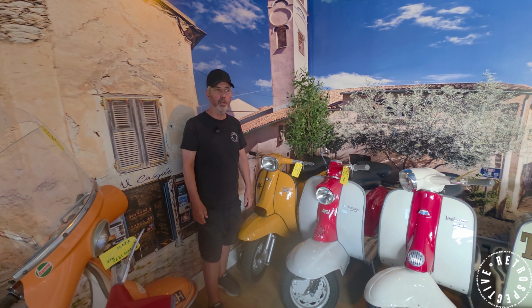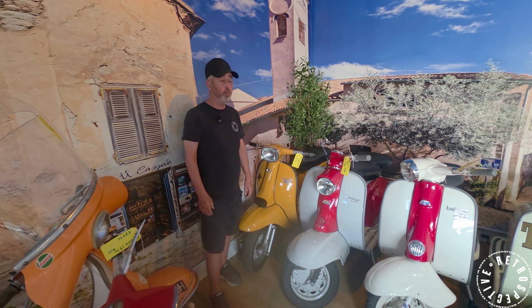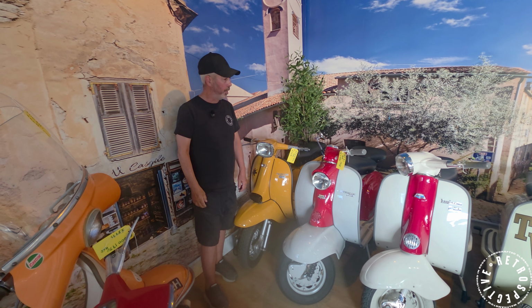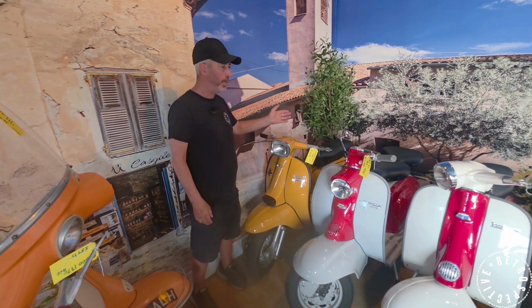I'm just going to give you a little run through of our latest bikes for sale, and we have got quite a lot for sale. The weather's hotting up and it's definitely scooter riding season now. So we're in the showroom at the front of the shop, and down this side I've got a couple of